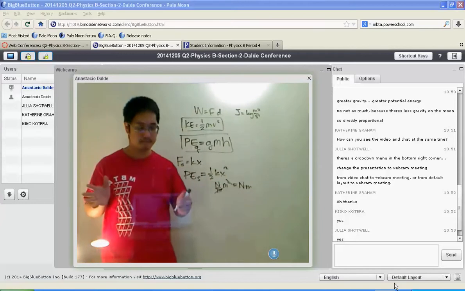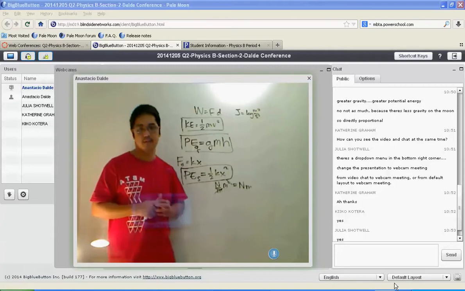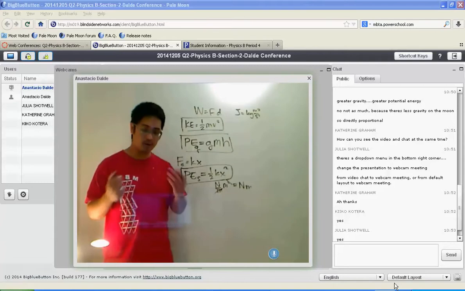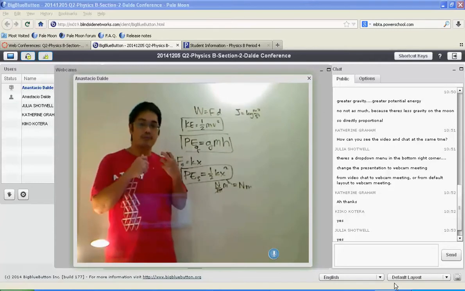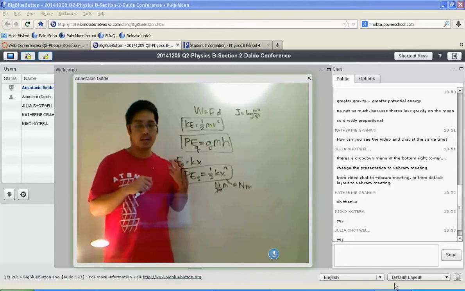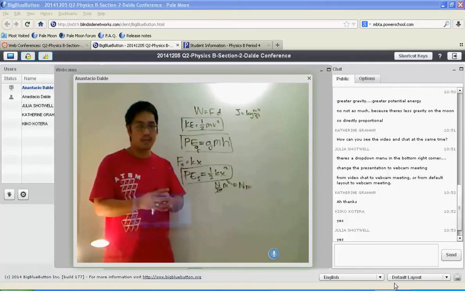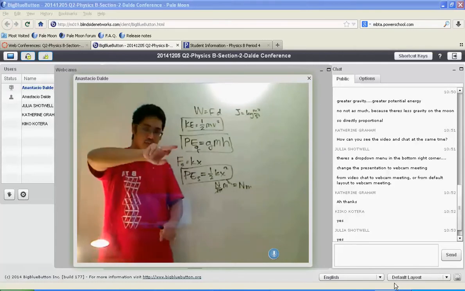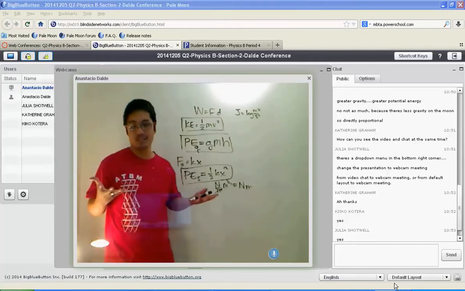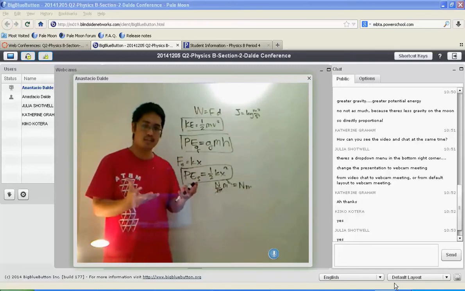Okay? But this is the spring energy that you get. Now, when do you use this? How do you use this? Well, I'll show you example problems. But these are pretty much the 3 forms of mechanical energy that I can tell you about. This is all of the stuff that we need to cover. I believe I only introduced maybe these 2 in the first chapter and then this one in the second chapter, and I think that was a mistake. I should have introduced the whole concept altogether.